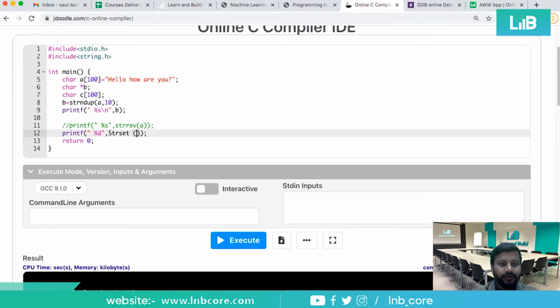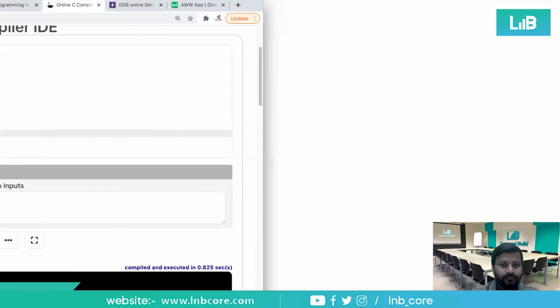So your resultant string is C, or I would say you can go for direct A, and the character that you want to change. So the character which you want to change is asterisk, suppose, right? A specific asterisk you want to change.